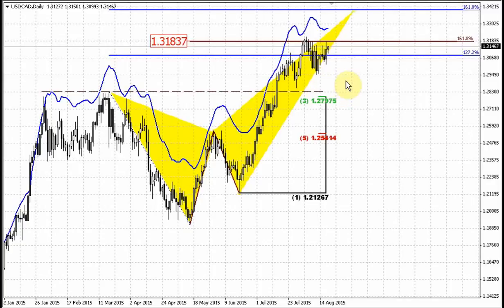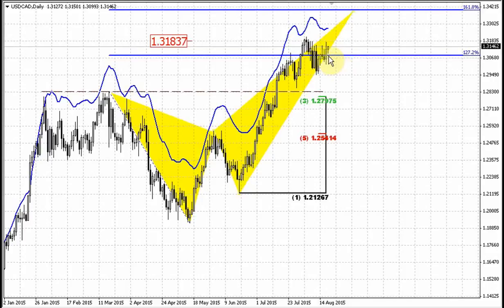But right now the situation is starting to change here, because if you remember, our major target on the Canadian dollar stands around the 134 area. That's the big ABCD pattern on the monthly chart, and this target hasn't been hit, and we think the market should do this. Probably this ABCD we do not need anymore, since the market has already completed it. So what we have is that the Canadian dollar is starting to show signs of further upward continuation, and we come to the conclusion that the retracement is over here. The retracement response to this resistance has been completed, and the market is ready to continue moving higher.